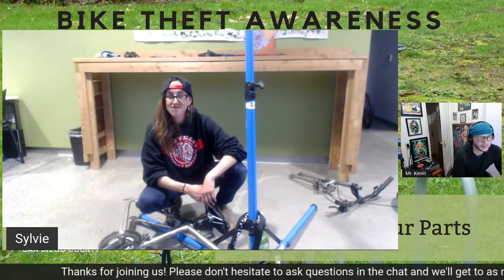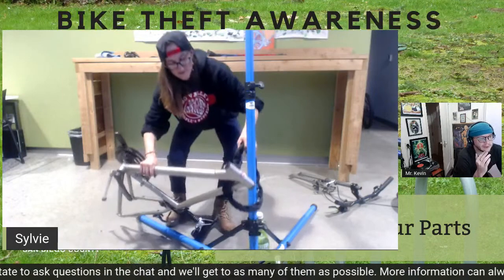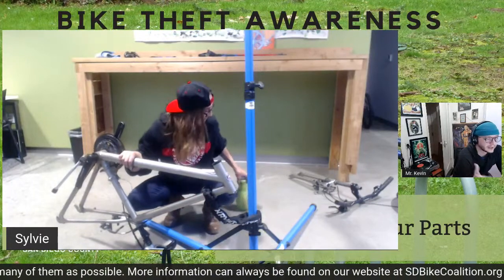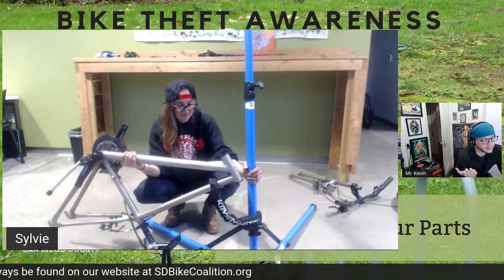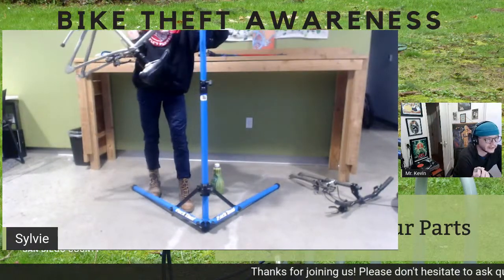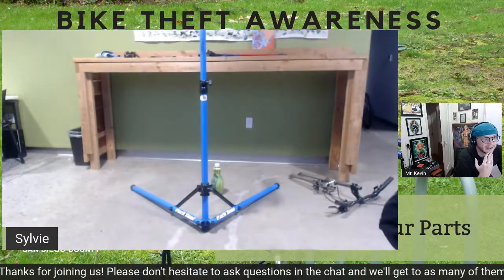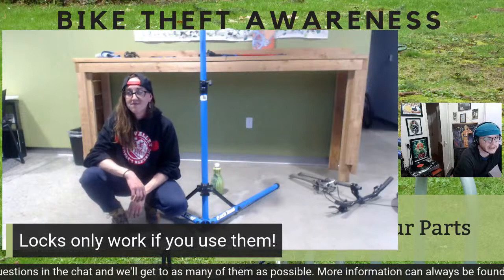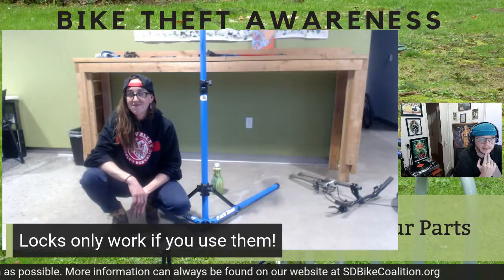The other thing I wanted to draw people's attention to is you've got it locked to that blue pole there. I've seen pretty frequently people lock bikes to the trees that are out front of businesses, or even the little pieces of wood that hold up the tree that's out front of businesses. You've all seen those. I mean, if your bike's desirable and people have the inclination, literally kicking that over, knocking it down, cutting it down, or in this case, yes, absolutely, literally lifting the lock over the top of what it is that you have it locked to. So remembering that a lock is great, using a lock is best, and using a lock in the appropriate way is the thing that's going to make the most sense. I think those are our